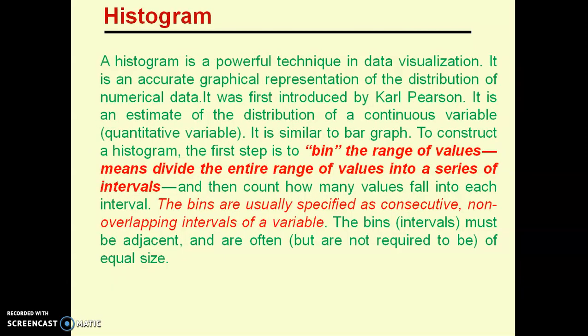So students, today we are going to start with one of the data visualization concepts, that is called histogram. Now what is histogram? Histogram is a technique for data visualization. It is an accurate graphical representation of numerical data. Friends, before going further with these technical details, let me clear what the histogram is. Histograms are the continuous distribution of data, means there are no gaps between the class intervals.